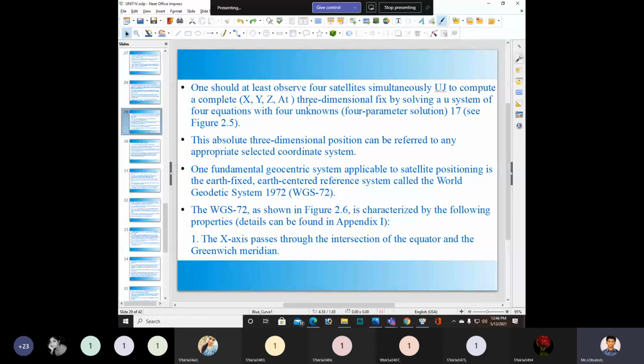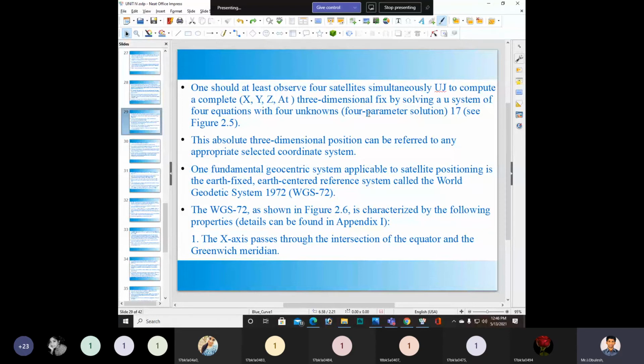To compute a complete 3-dimensional fix, one should at least observe 4 satellites simultaneously, by solving a system of 4 equations with 4 unknowns. See Figure 2.5.